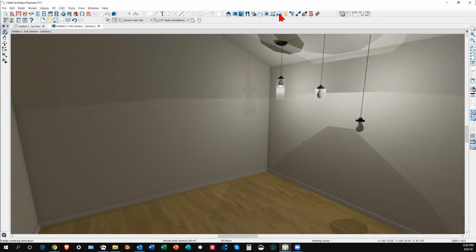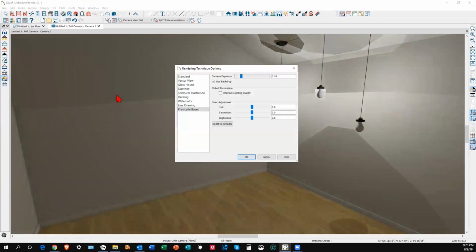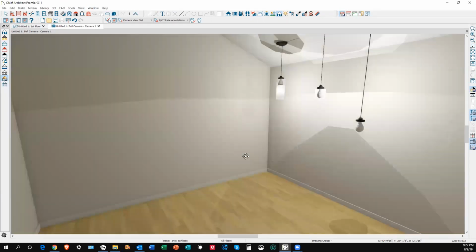It's going to go to rendering techniques, and then this one for physically based. Improve the lighting quality. You guys probably already know this. That's fine. I'm going to crank the light up to about 6. It gets a little bit better. But what I found to be most effective, whether you're doing ray traces or physically based or standard, is this